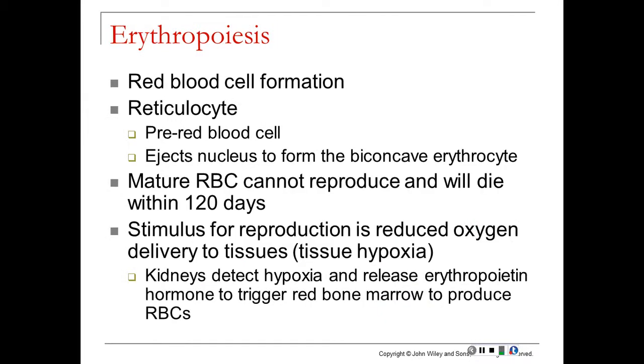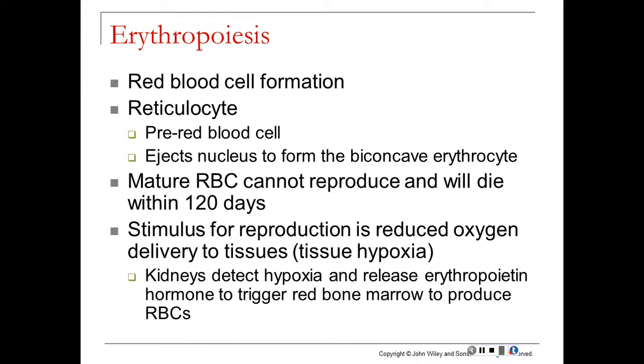Erythropoiesis is the technical term for red blood cell formation. The reticulocyte is the pre-red blood cell. The reticulocyte basically pops its nucleus out, and then it forms that biconcave erythrocyte. Mature red blood cells cannot reproduce because they don't have a nucleus, so they die within about